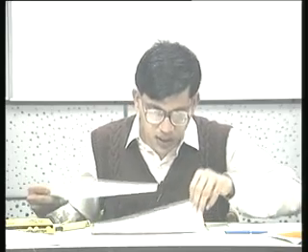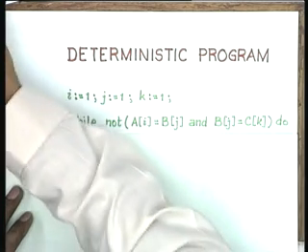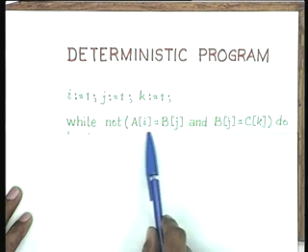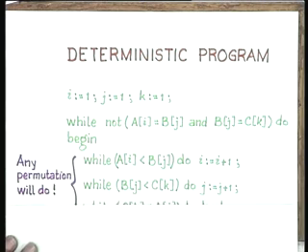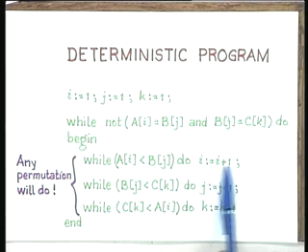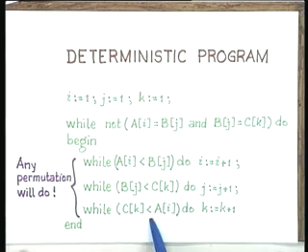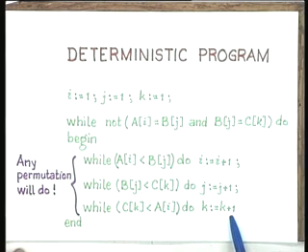Okay. So, again, if you were to program this in any of the standard programming languages, you will get a deterministic solution of this kind. As long as you have not found the common element, which is what is represented by this not, do: while ai is less than bj, do i is assigned i plus 1; while bj is less than ck, do j is assigned j plus 1; while ck is less than ai, do k is assigned k plus 1, right.